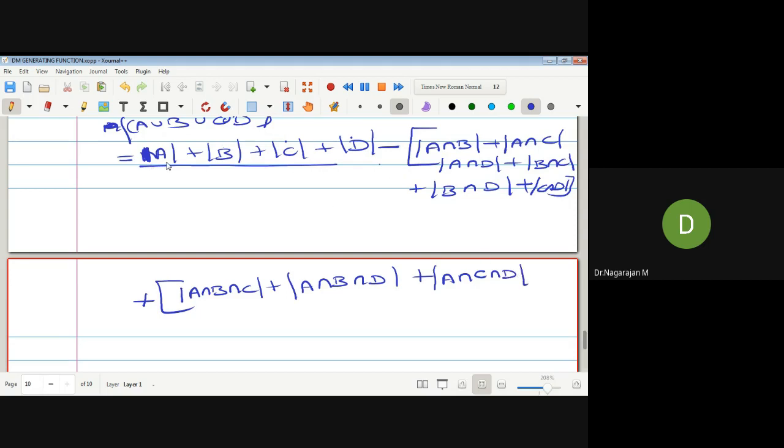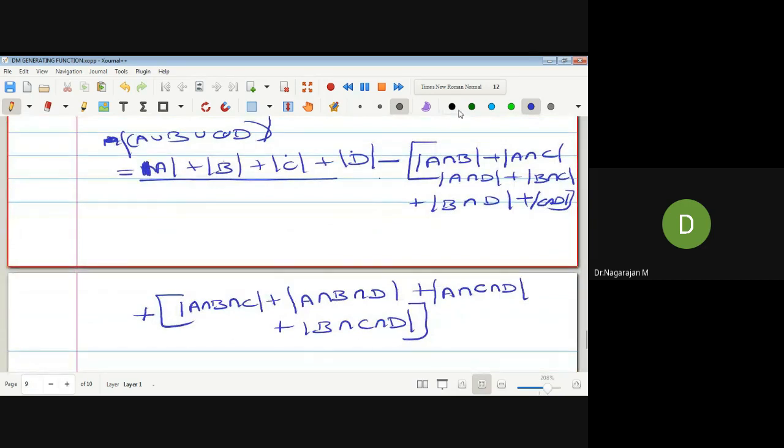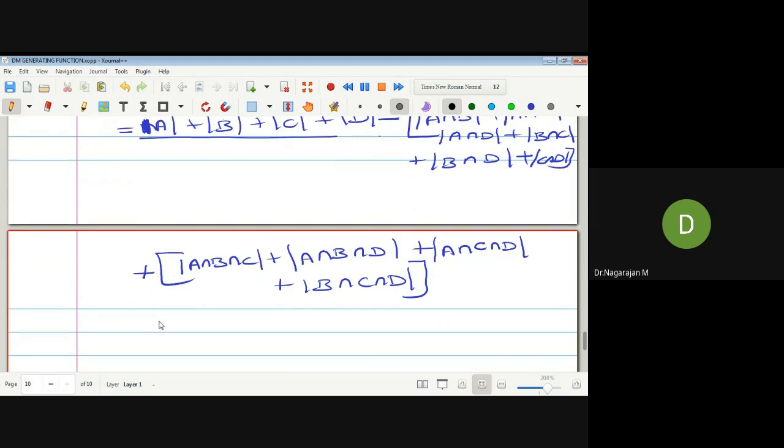Any idea? A intersection C, yeah, C intersection D. So next one, B intersection C intersection D. Okay. Now also the same, C intersection D intersection A is already done. Therefore, up to the third combination is over. And the last combination, so alternating sign. Please mute yourself. Here plus sign, here plus sign, and here also minus sign, here plus sign. Now using minus sign